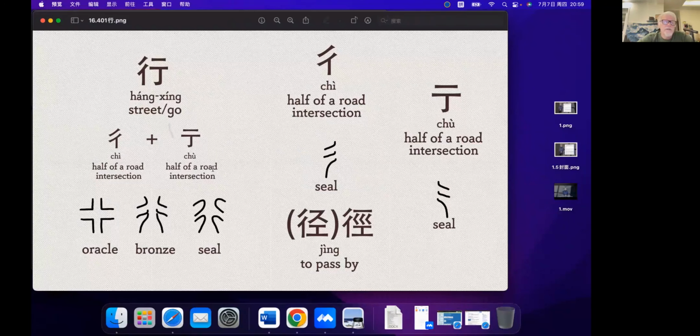sometimes pronounced hang, sometimes pronounced xing, depending on where you use it. It originally comes from intersection, so it means street or it means to go. And it's broken into 2 halves. We have many characters that have a chi on the side, and it actually comes from the left-hand side of xing or hang. If you see a chi on the side, it always indicates some kind of motion. The character jing means to pass by. We learned the character jing, well, it means the warp of a loom. So you can see, if you look at the pictograph, how it changed from the original street to the modern